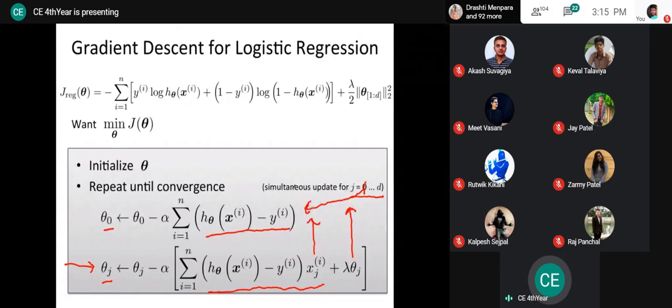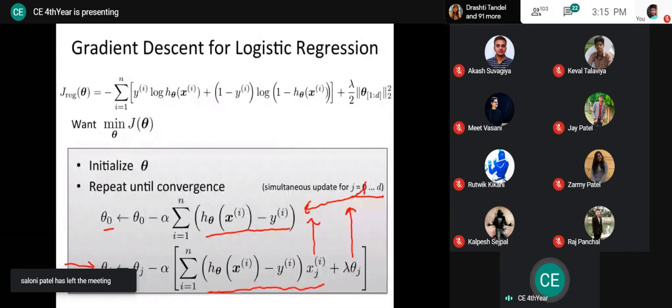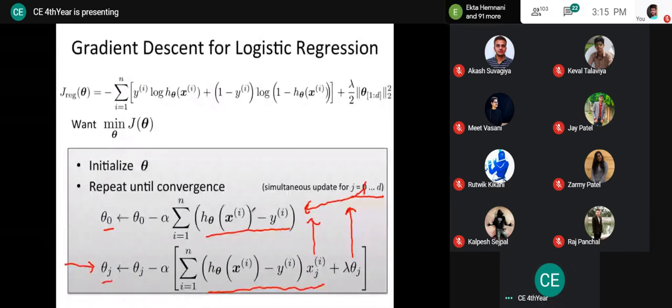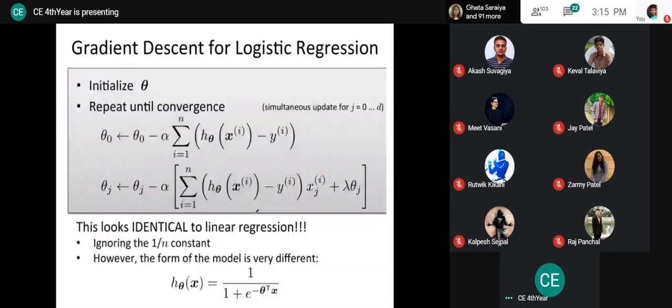This just means that we need to update all the theta together, right? Otherwise the j range over here is 1 to d, and for j equals 0 we have the separate equation, right? So it is almost similar to this linear regression, except for the 1 upon n, but this is in the hypothesis. The previous hypothesis equation was changed, and right now this hypothesis equation is different. Fine. So practically if you implement this gradient descent, the calculation will be the same, but the input that we supply will be different, right? The hypothesis is different, where we have the sigmoid function,